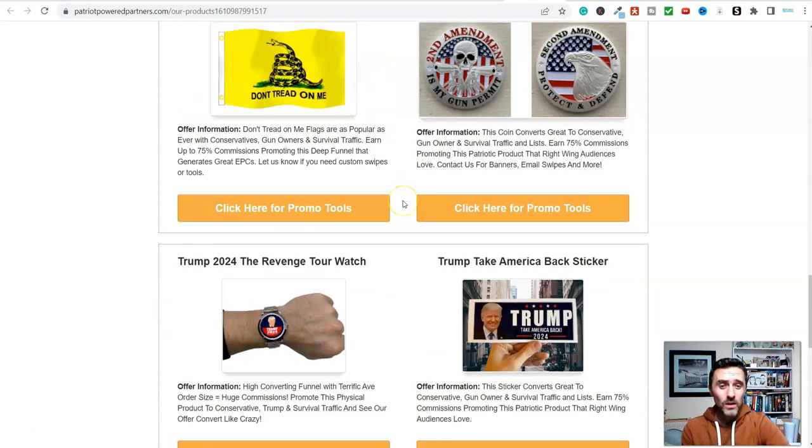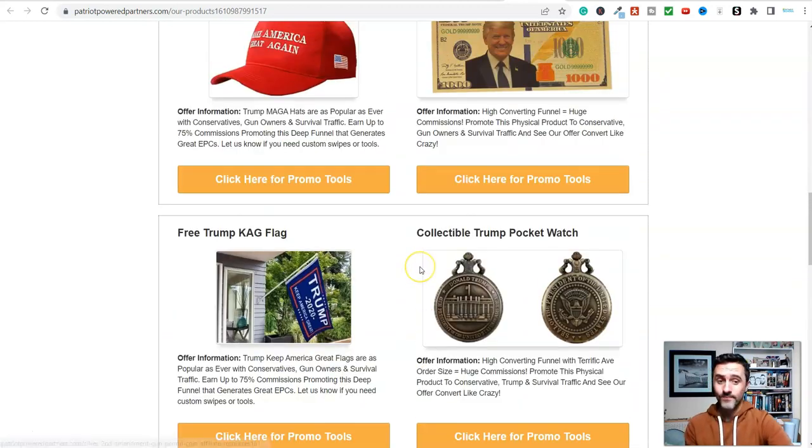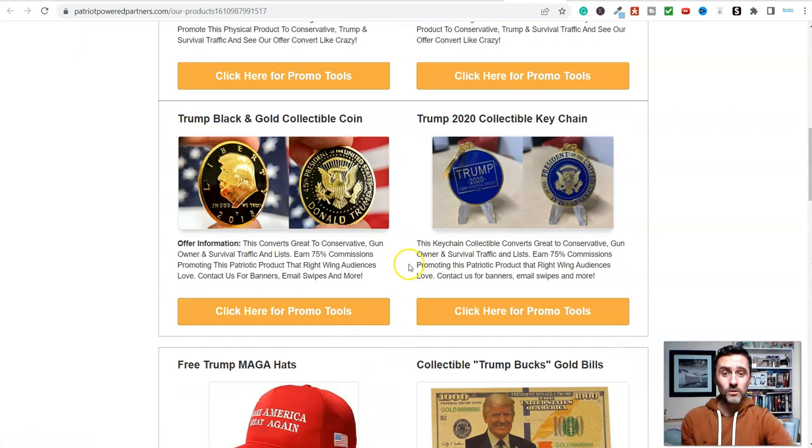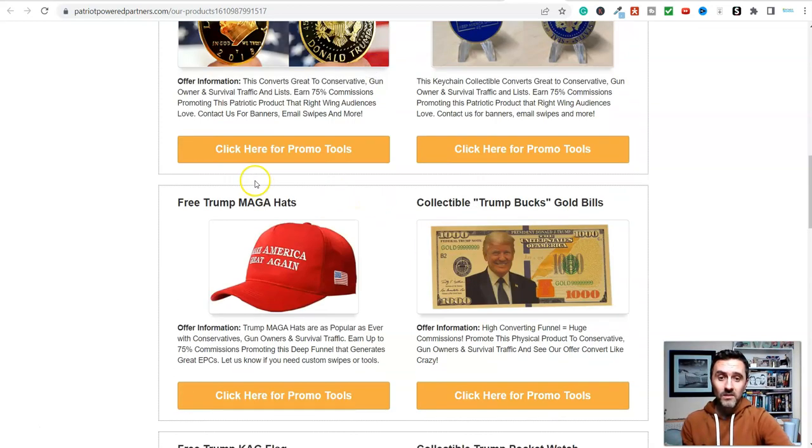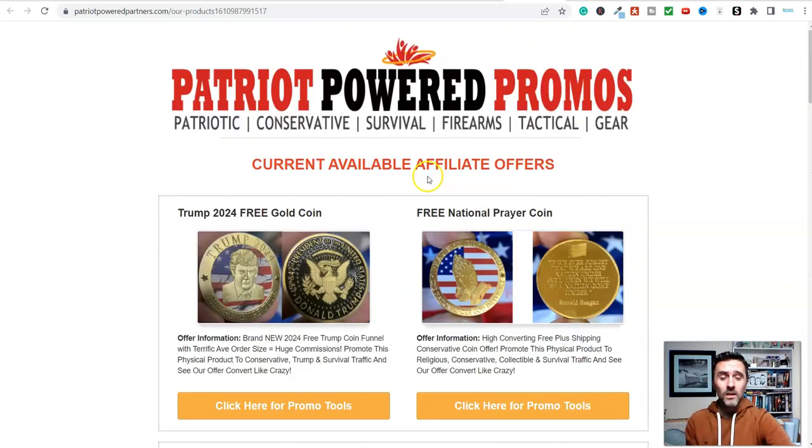Now, how do you get traffic to these free offers? Well, there's a number of ways you could do this. You could create YouTube videos, whereby you're creating a video about this free collectible here, any of these. You could create content on a free website or a free blog. You could go on Quora and find people asking questions over on there. You could even create a Facebook group around freebies and free promos. You could do an Instagram page like we have shared so many times over on this channel. And that's just a few different ways how you can drive traffic.